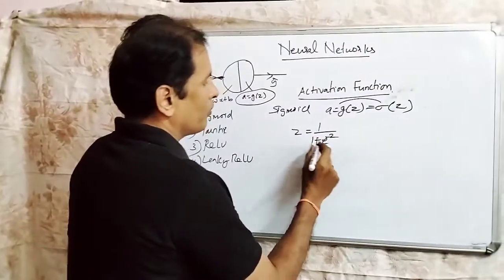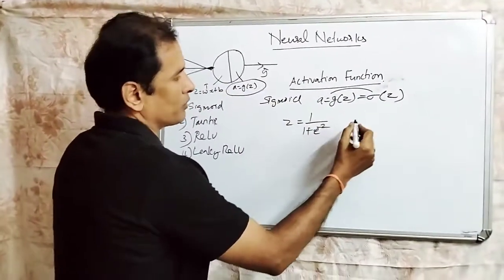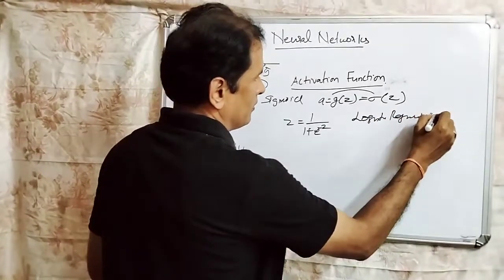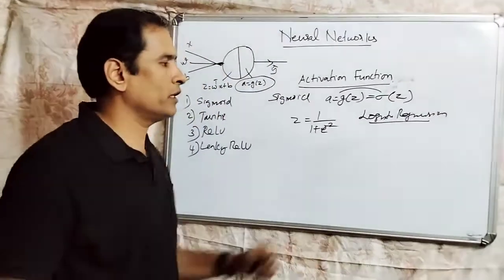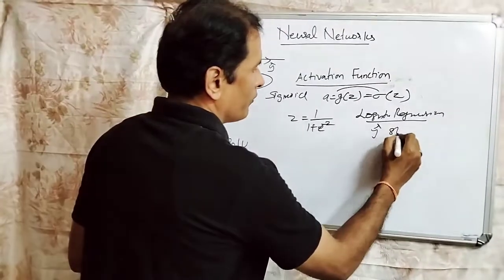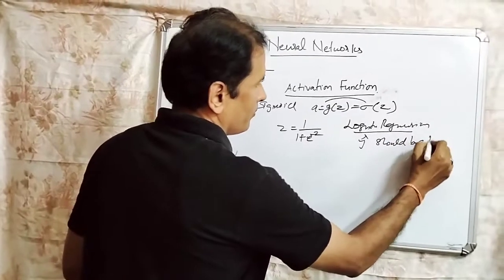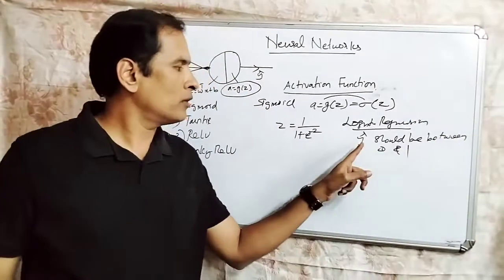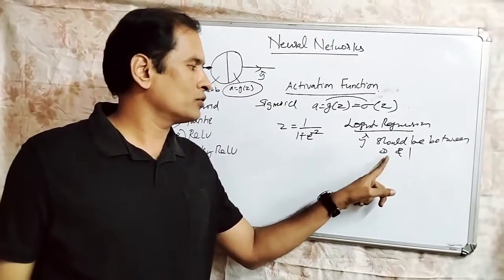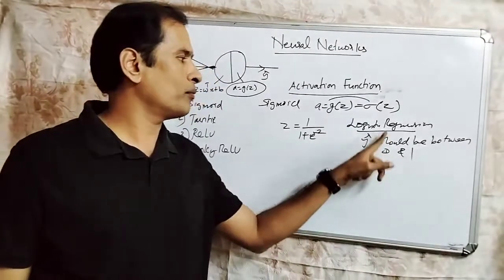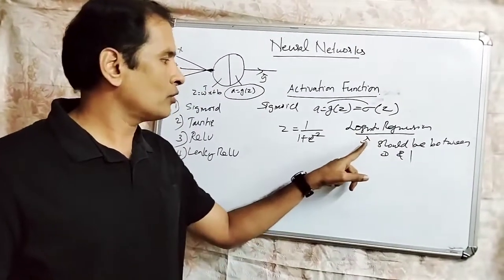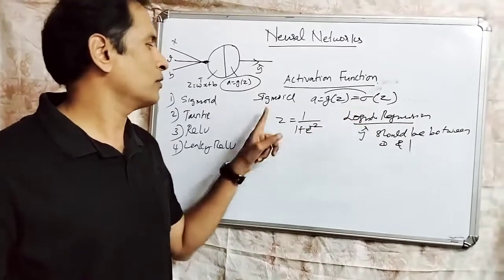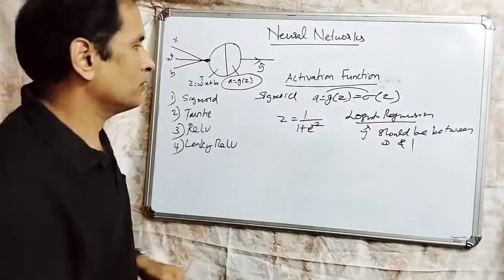So why are we going for this sigmoid function? Suppose I am going for logistic regression, then the output y hat should be between 0 and 1. If I need an estimated output which lies in the range 0 to 1, that is why I prefer logistic regression. So in order to make the output lie between 0 and 1, I apply a function called the sigmoid function, which is sigmoid of z.